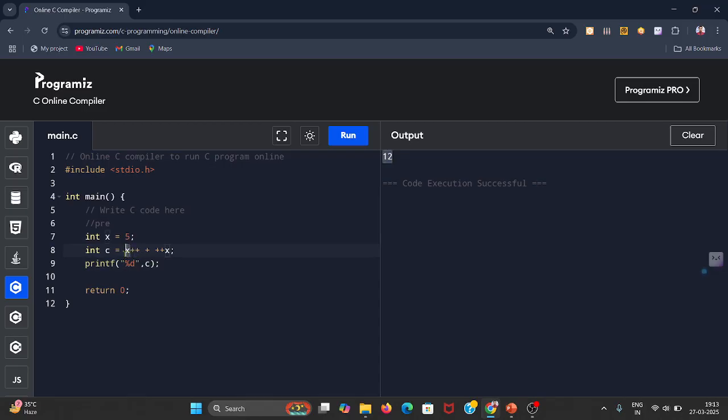Value of 5 is here. Okay, then it's increasing, means here the value is 5. After that it's increasing, means 6. Now in this whole part, the value is 5. Okay, now